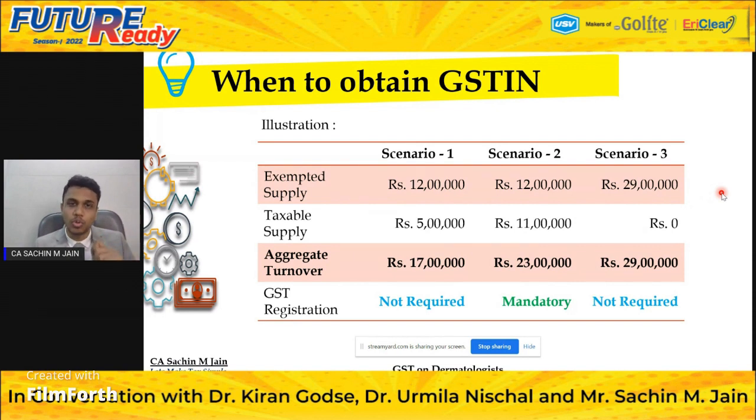However, it's important to note that practically, a doctor has income from the practice, along with some other income like rentals. That part will also get added while calculating the turnover. I had a client who is a doctor. He had only his own practice, but recently he invested in a property which he has given on rent. His overall limit, including the taxable part, got crossed, so he had to obtain the GST number and comply with all the procedures.